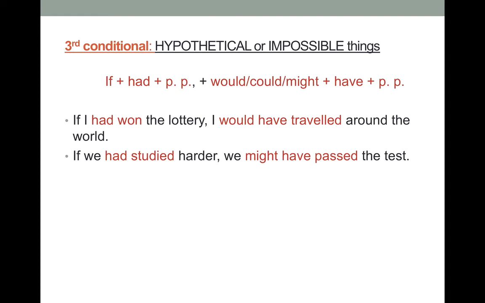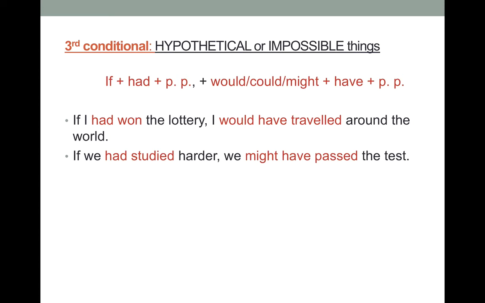For example, if I had won the lottery last Christmas, I would have traveled around the world. Si hubiera ganado la lotería, habría viajado alrededor del mundo. ¿Puedo hacerlo? No, porque no la gané, right? This is in the past. But